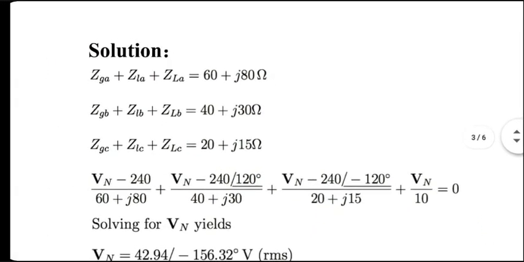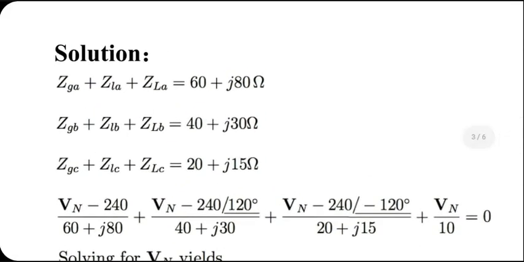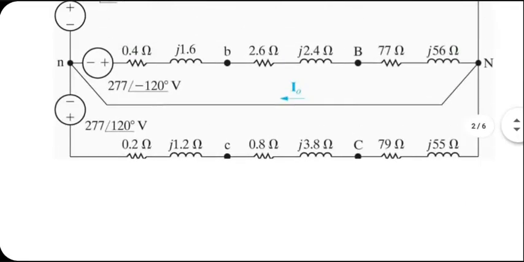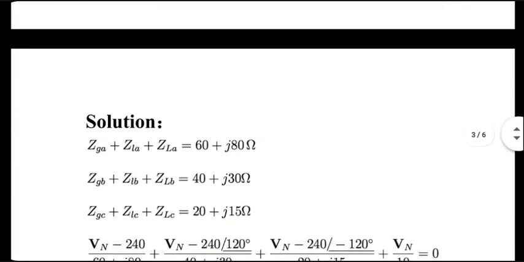How do you calculate the neutral voltage? It's a very important thing for which there were no equations in the document that I showed you. How are they handling it? What they are doing is they are applying KCL at the node capital N. All the currents coming in, algebraically summed and in complex domain, should go to zero. That's what they're doing.